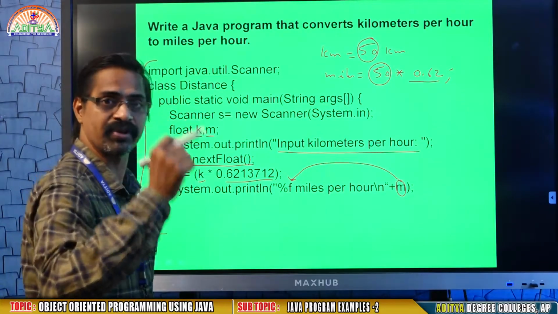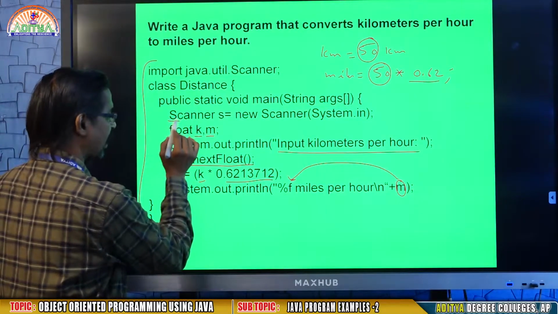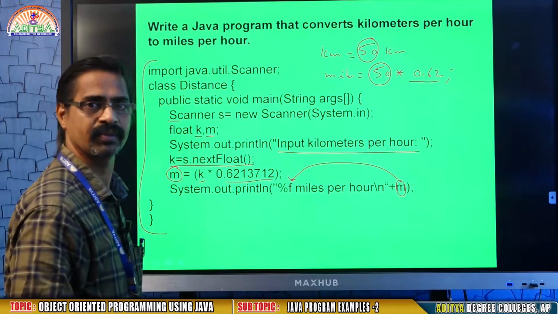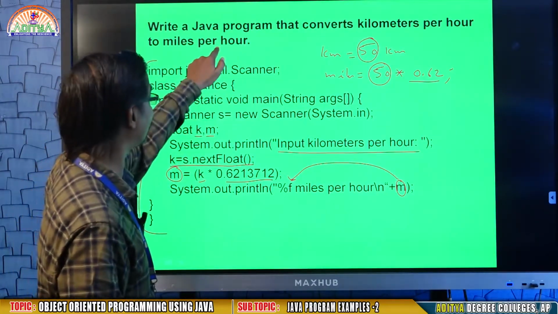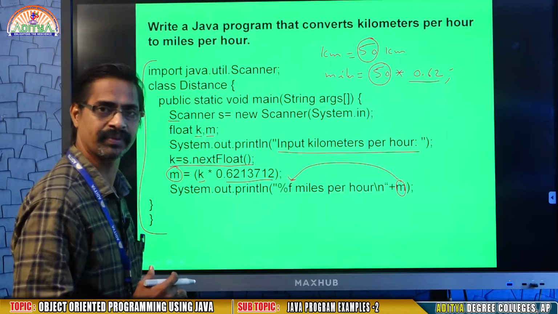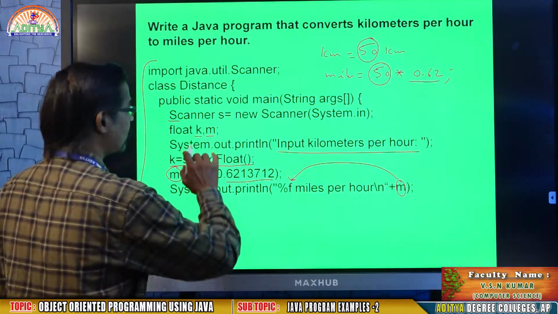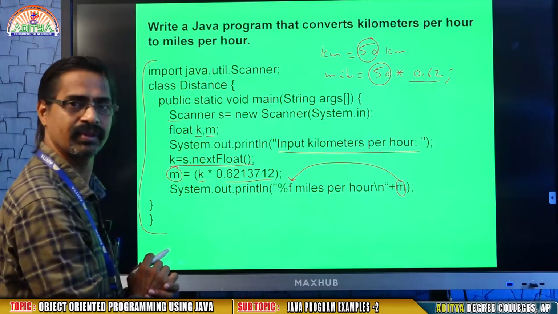Later you identify that mistake. And in some situations, instead of a capital letter, you may type small letters. In some situations, you type Scanner and forget to declare the package name. And you may give the starting brace, but you may forget the ending braces.